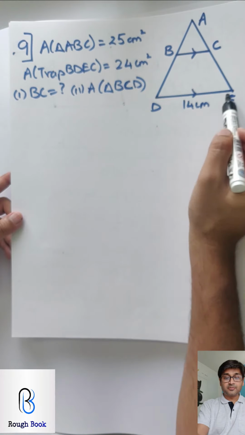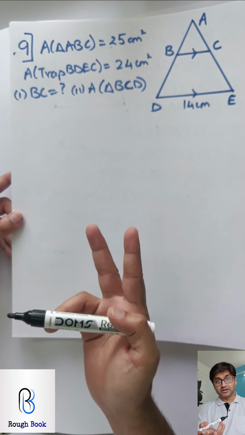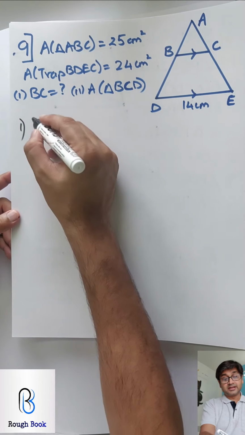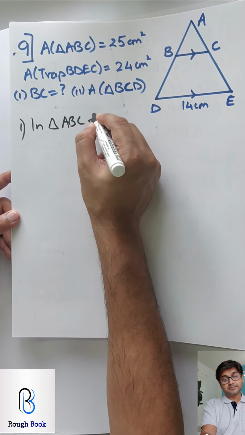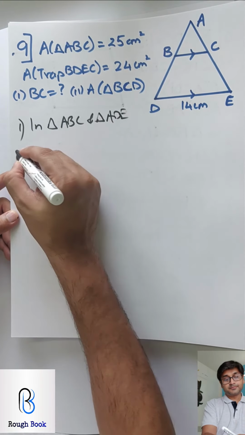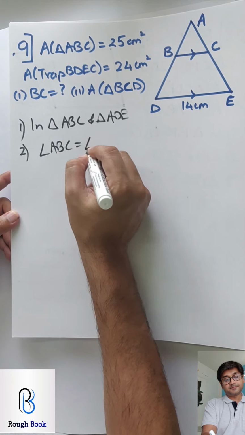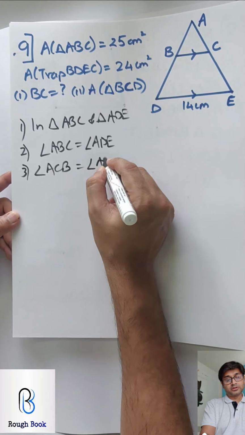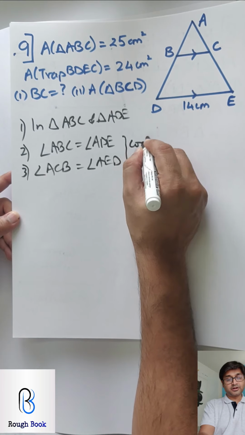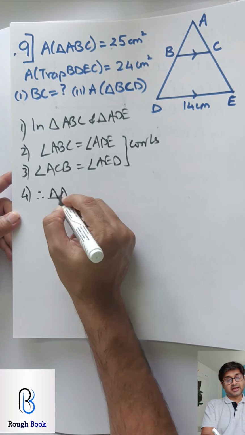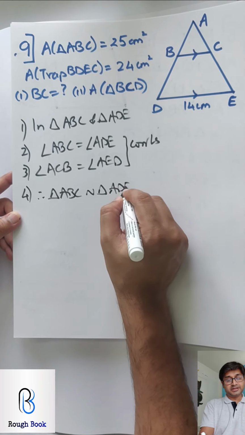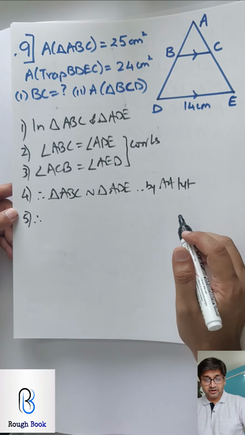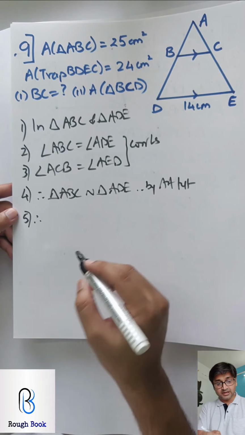And then use this ABC upon this and use area of similar triangles in the reverse way. I'll show it to you how. So first, let us prove the two triangles similar. In triangle ABC and triangle ADE, I can say angle ABC equals angle ADE and angle ACB equals angle AED. Both are corresponding angles and therefore triangle ABC is similar to ADE by AA test. If the triangles are similar, half the battle is sorted. Now I can use areas of similar triangles when needed.